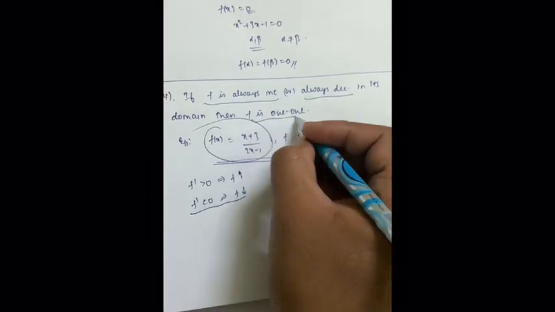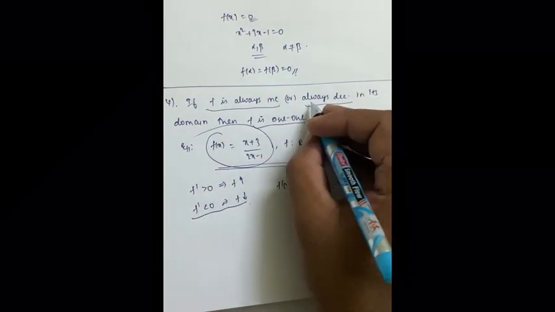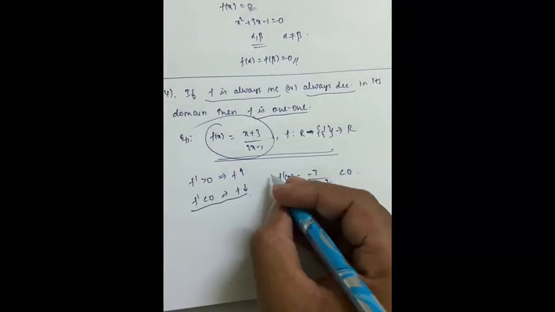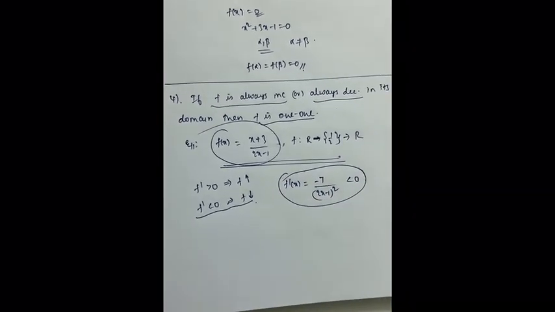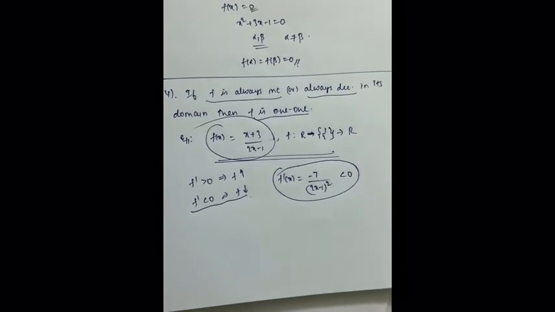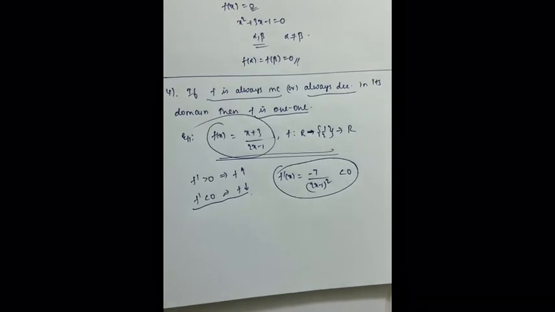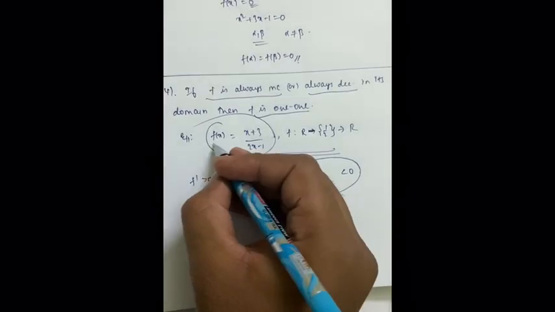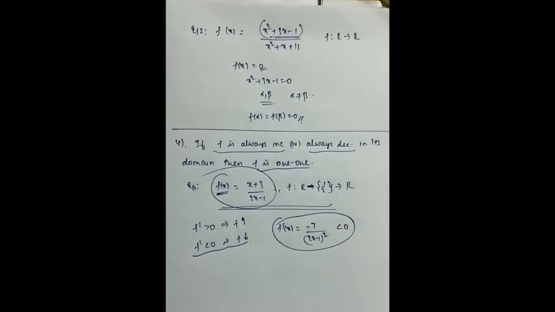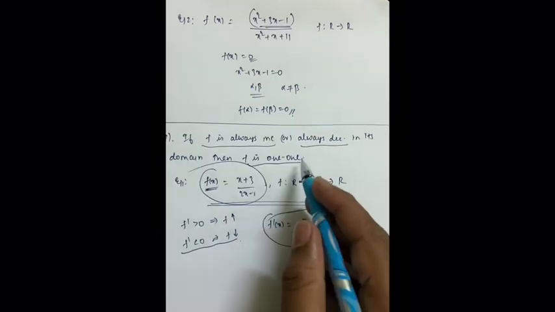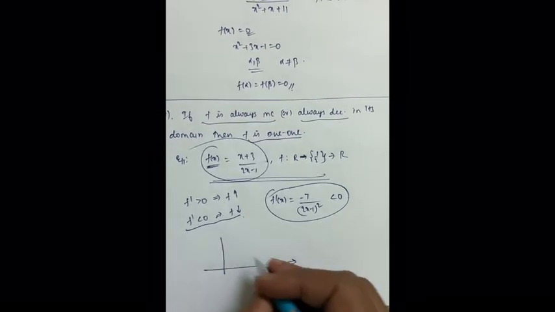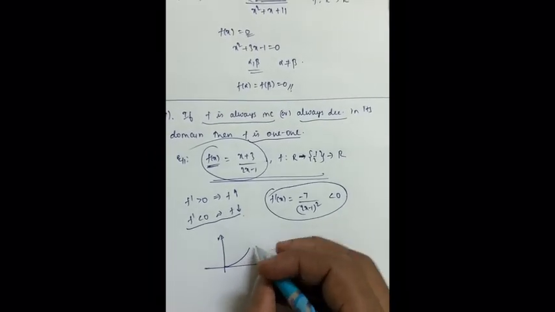So does it mean f is 1-1? Because our rule is if f is always increasing or always decreasing in the domain, then f is 1-1. So does this mean, because f is always decreasing, that f is 1-1? Yeah, but there is one more observation you have to make, which is whether f is continuous or not. There are functions which are always increasing or always decreasing in their domain, but still they may not be 1-1. For example, if I have a function which looks something like this, let's say,